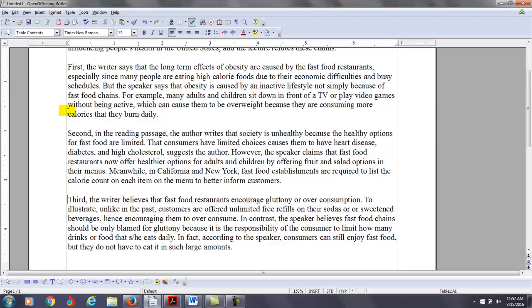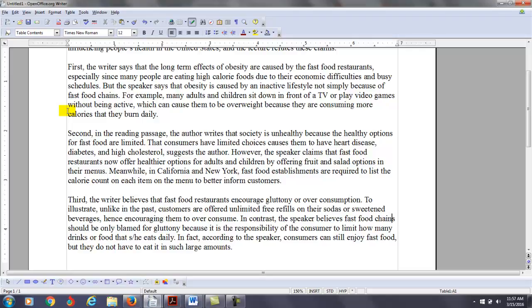Third, the writer believes that fast food restaurants encourage gluttony or overconsumption. To illustrate, unlike in the past, customers are offered unlimited free refills on their sodas or sweetened beverages, hence encouraging them to overconsume.